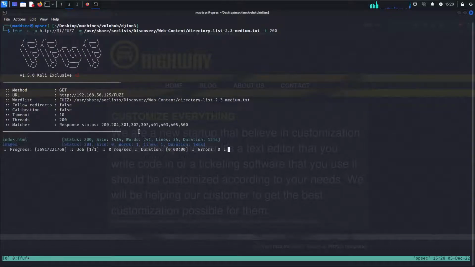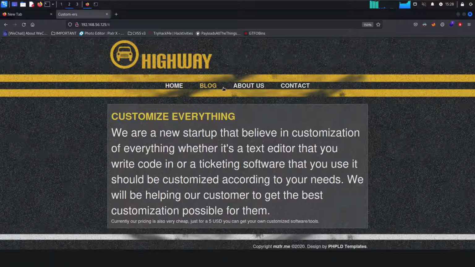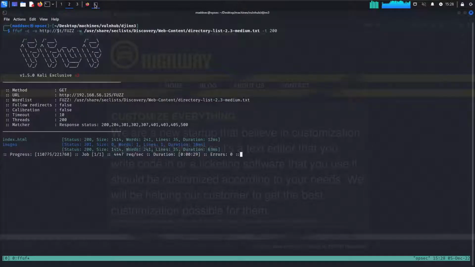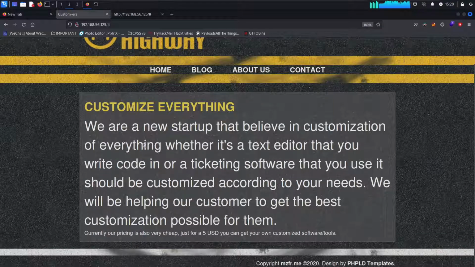So there you go. We can get going, and we have images. Let's see if we have something else. In the meantime, let's just look at the blog. I don't see anything strange. Let me just Control U to view the source code of the web page, and I don't see anything strange either. So cool. But let's read this just to do a little bit of OSINT, just to know what